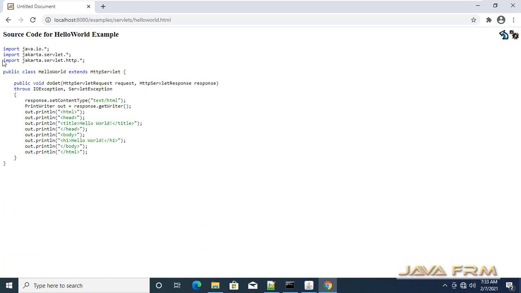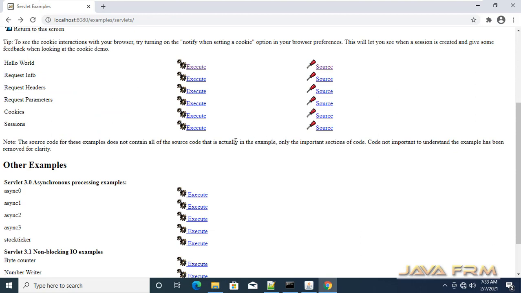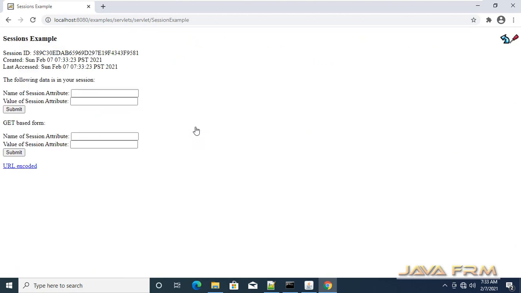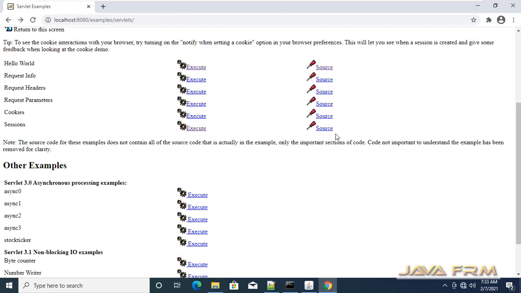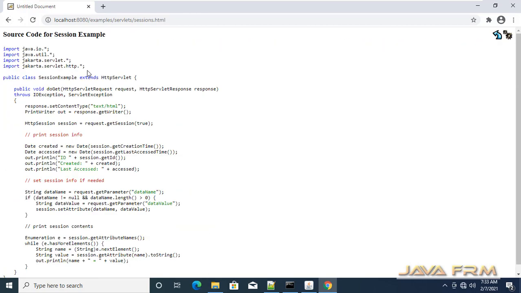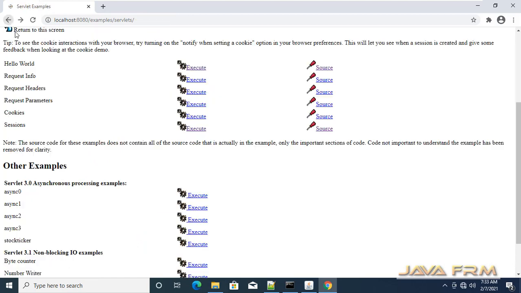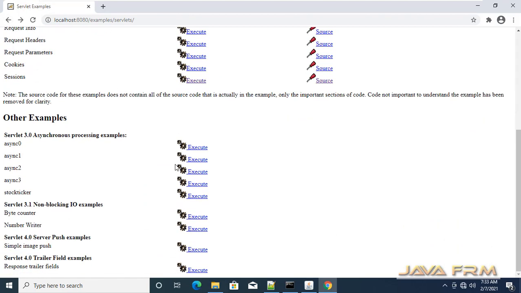Here you can see the major change. All javax.servlet packages are migrated to jakarta.servlet. This is a very major change in Apache Tomcat 10 and Jakarta EE 9. Here also you can see that javax.servlet is moved to jakarta.servlet.